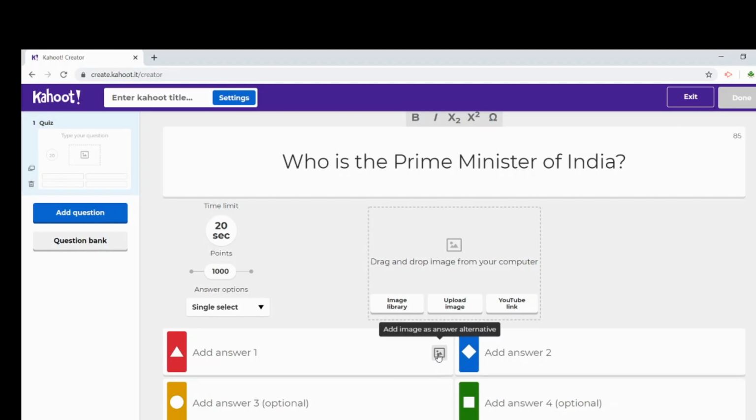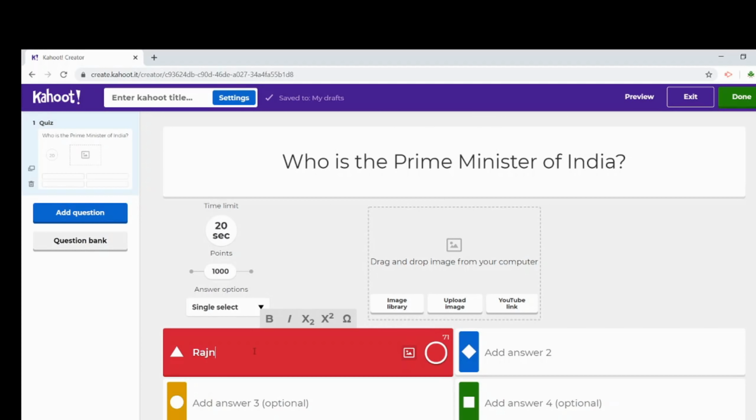Here this is the answer. If you want to upload an image of the answer, then you can easily click here in this section and upload the image also. So I am just creating a simple sample quiz. To answer, who is the prime minister of India? Suppose Rajnath Singh.